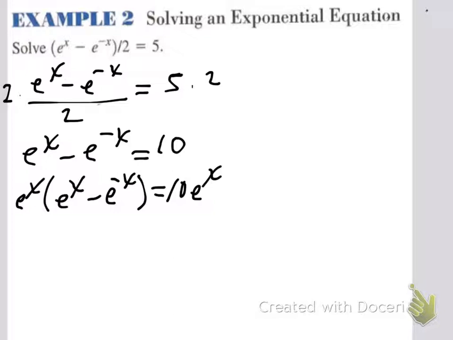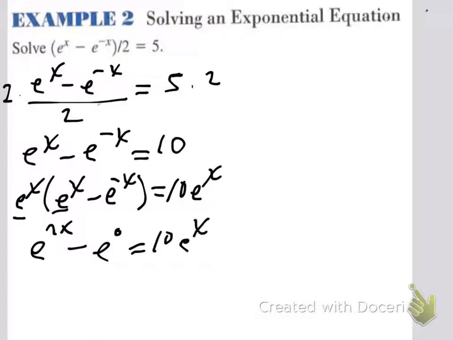Okay, so now go ahead and distribute, and when I multiply e to the x times e to the x, I have powers with the same base, so I'm adding their exponents. So x plus x is 2x minus e to the x plus negative x, that's just going to be e to the 0,